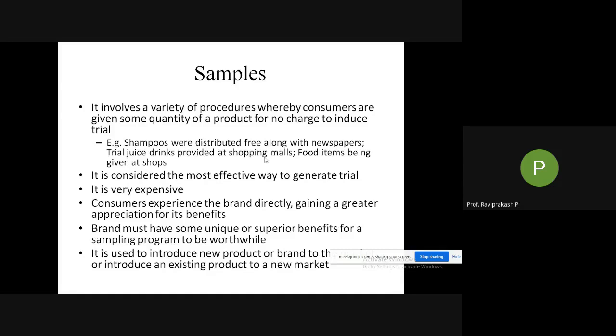Then comes, for example, the shampoo sachets. If you're putting them in newspapers, how many are there? Thousands, or 10,000, or even 20,000 or 30,000 newspapers are going through, based on the size of the area you want to distribute to. Even if it is 1 rupee per sachet, if you put around 30,000 sachets, then you are spending around 30,000 rupees. Plus, you need to pay to have that particular packet inserted in that particular newspaper. It will not be done free of cost. There are people who take 10 paisa, 20 paisa for each insertion.